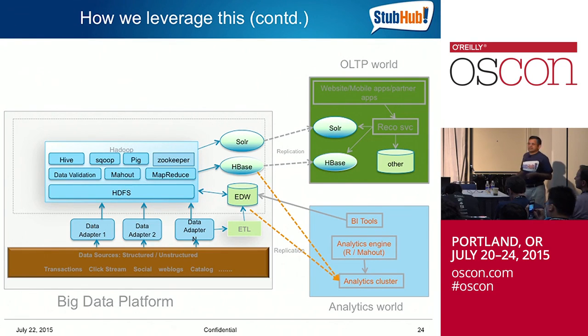Now, the other use case that we have is that some of the data scientists want to do a lot of modeling, fraud modeling, analysis, recommendations, and all of that. They may not want to do that analysis directly on this data here. So we also create a separate analytics cluster for them. There we have installed their favorite tools, for example Apache Mahout or Oracle R and whatnot. And they can use their favorite BI tools too. There are a bunch of BI tools on top of this as well, which is one area where Hadoop is still maturing. This is kind of how we use that.